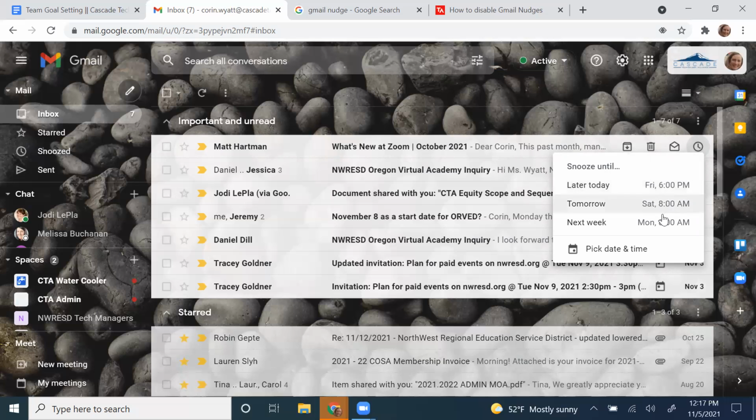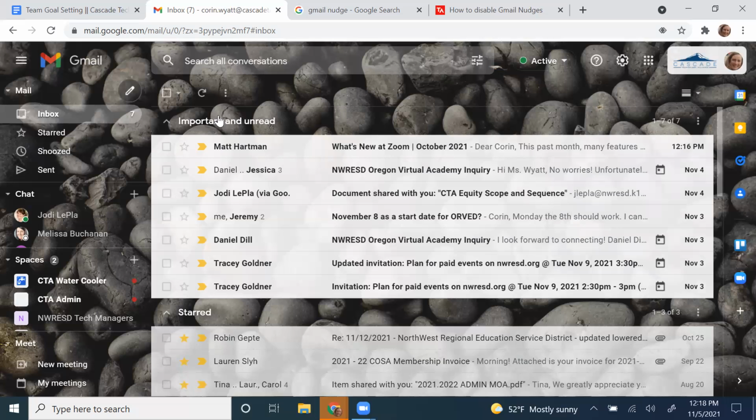So you can have, again, some suggested and typical times to snooze, or you can customize a specific date and time. I know some people have extreme workflows and communication flows, so you can schedule it for a time that would be better for you to actually consume and then respond to the content of the message. And then there are just two more things I want to show you before we stop the recording.